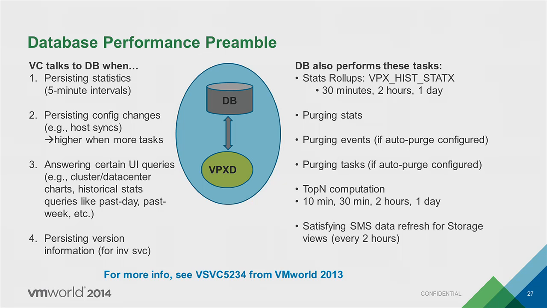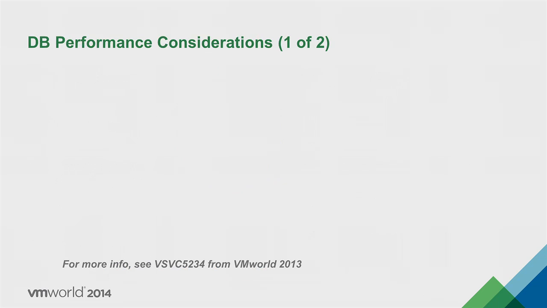And then finally, like I said, I think I've used 3 different terms for this, which is bad. Storage policy management, SMS, SPS, they're all the same thing. And this has to go to our database every once in a while to get some data so that it can present storage views and help out with gold, silver, bronze type things. Okay? So with respect to the database, probably the single most important consideration besides resourcing it properly is the latency